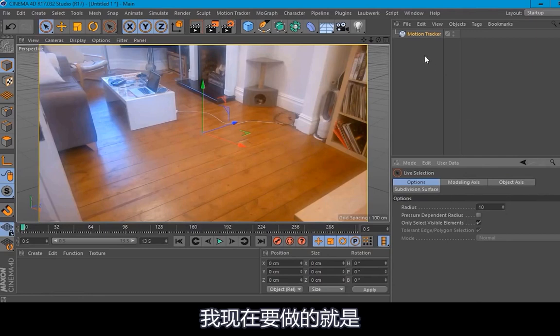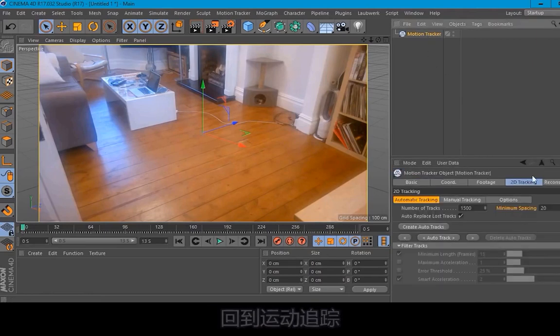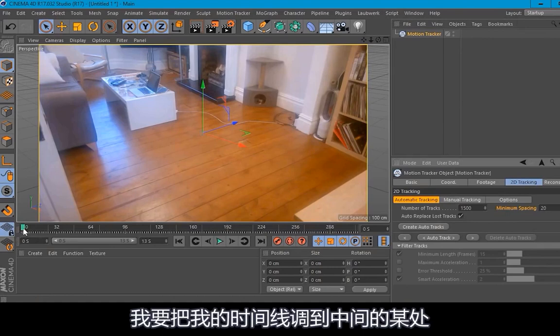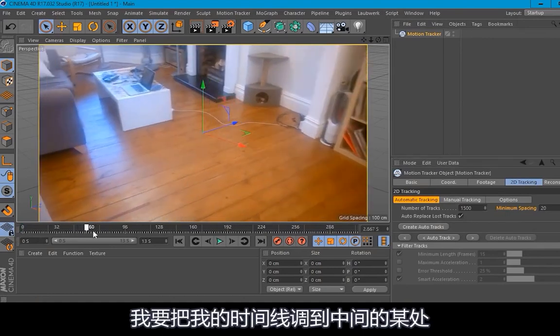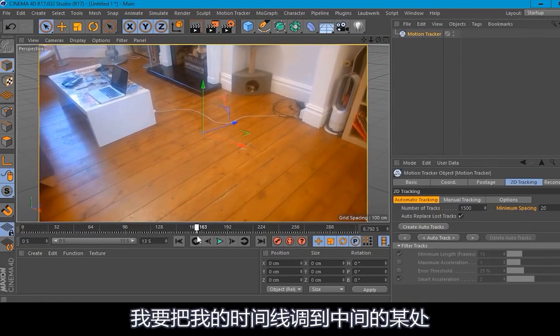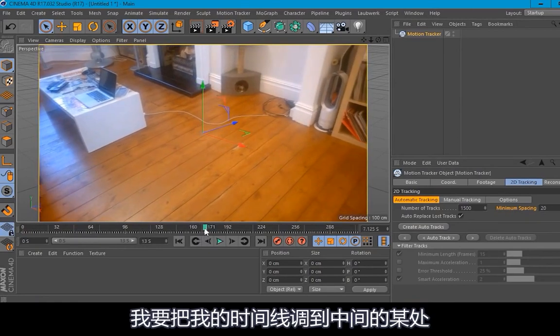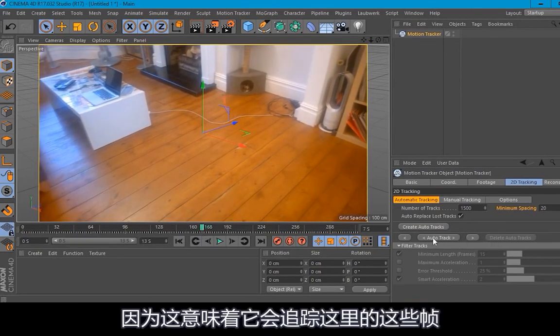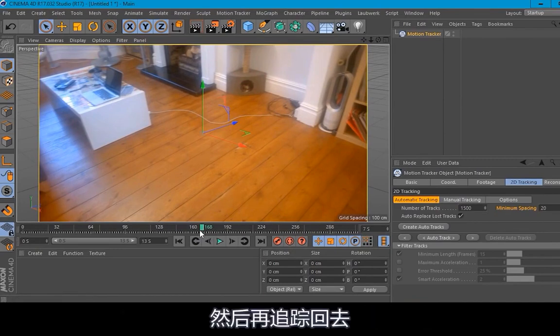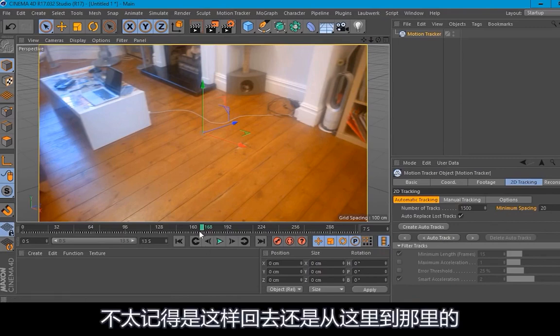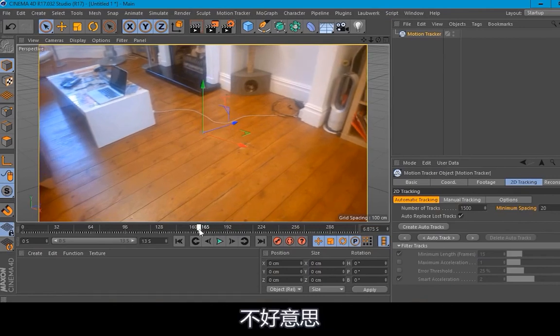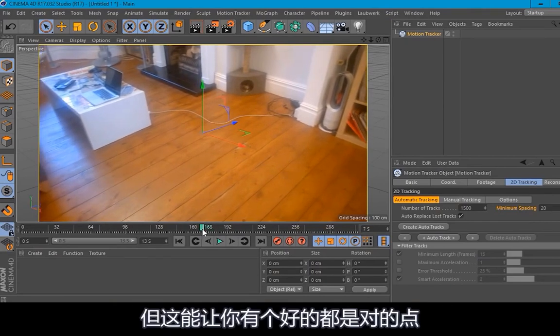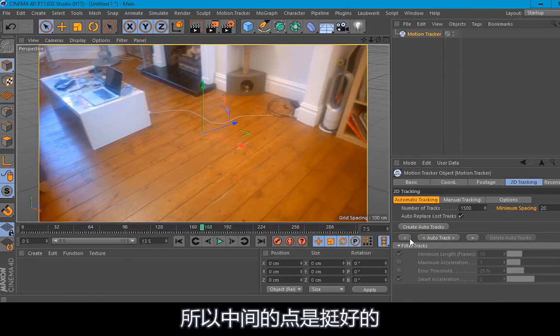So what I'm going to do is go back to the motion tracker, 2D tracking tab. I'm going to move my timeline indicator to somewhere in the middle, because this means that it will track through the frames here and then track through the frames backwards. Can't remember which way around it is. It's either that way then that way, but it will give you a good point in the middle where all the tracks are there and correct. So somewhere in the middle, that's fine. Then